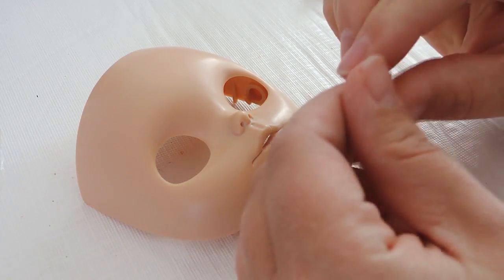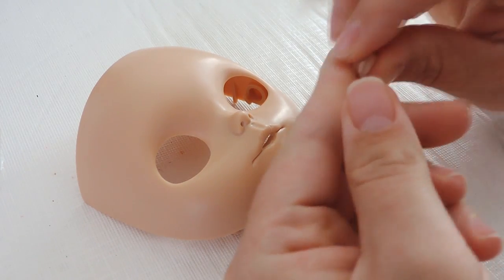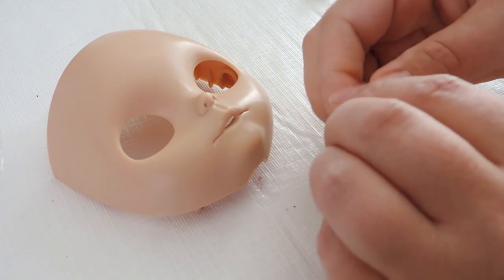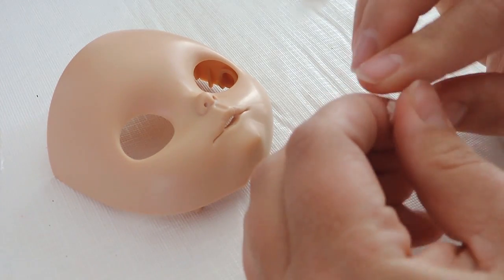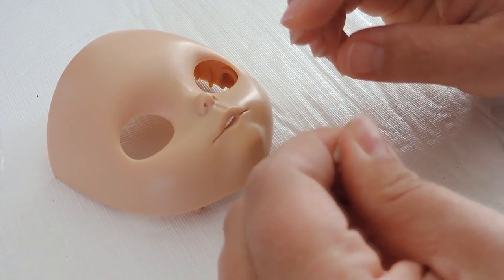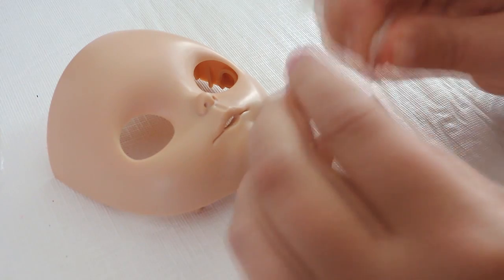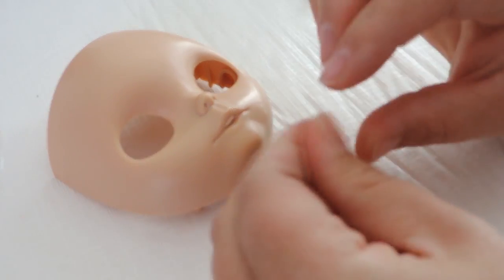And a little tip that I have for you, what I've discovered with making expressions with these dolls is sometimes you have an idea in your head of what you want the doll to look like, or you see other people making dolls and you want to make sort of a similar expression. I've seen a lot of dolls with teeth and buck teeth and the two teeth in the front, and that was kind of my idea of what I wanted to do for this doll. She's going to be kind of a nerdy buck tooth, redhead, freckle-faced doll,